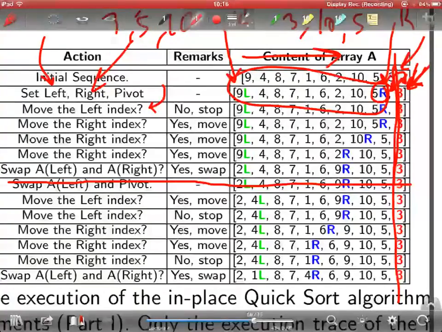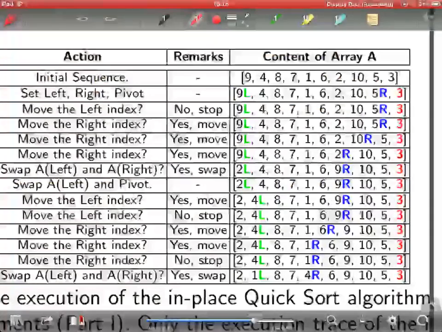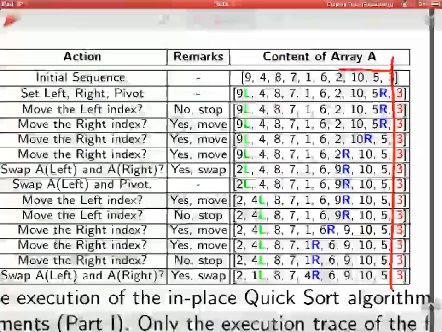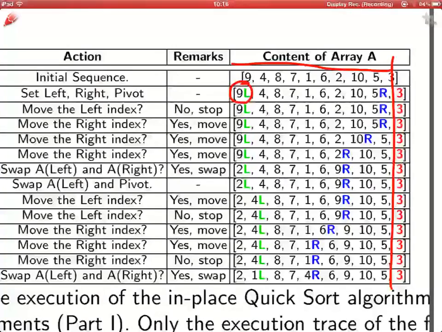Okay? And then we continue doing that until the loop ends. So let's go through this till the end. So again, we're here, and we're here. 4 is larger than the pivot, we stop. 8 is larger than the pivot. Again, I'm lost here. So we are at 8. 8 is larger than the pivot, so something is wrong, so we stop. 4 is larger than the pivot, but it is on the right side, so we are fine. We keep moving. We find